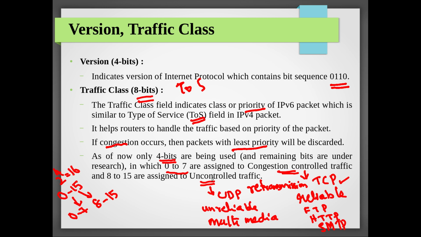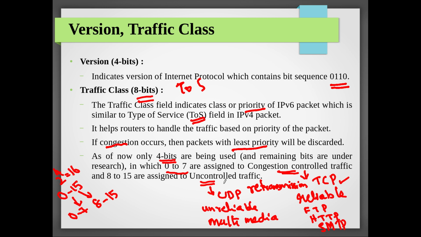Okay, but there is no such congestion control algorithm in case of UDP, and it is purely uncontrolled traffic. That means from the sender's point of view, there is no guarantee. If there is congestion without any control, you will simply send the data, and on the way the data will be getting dropped. Even though the data is dropped, you are not going to do any retransmission also. Now tell me whether you have to give importance to TCP or UDP.